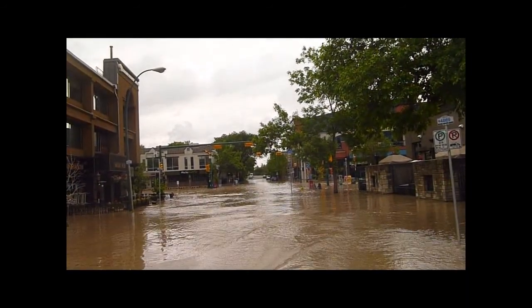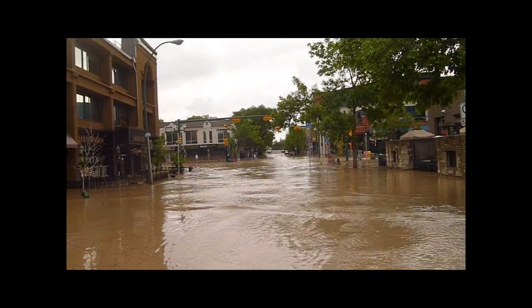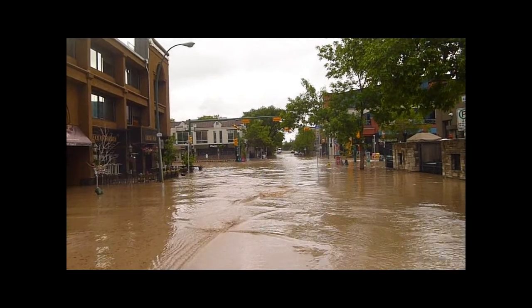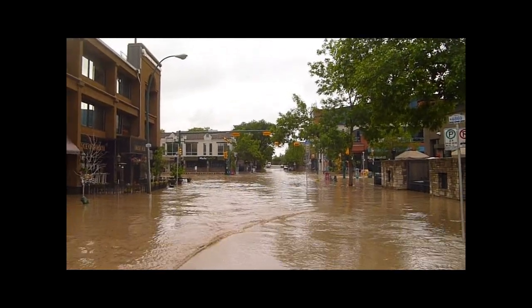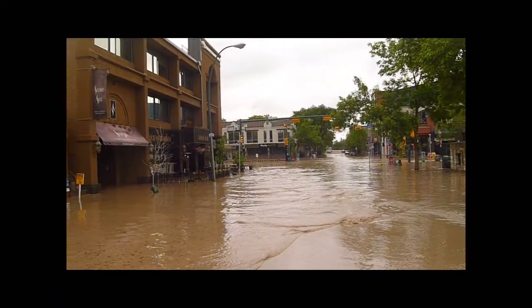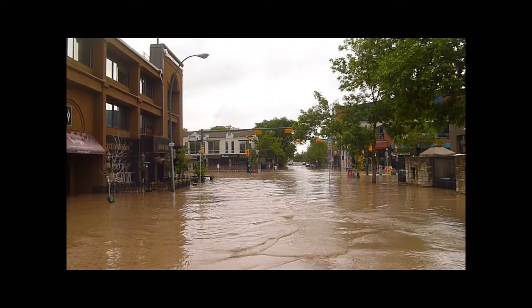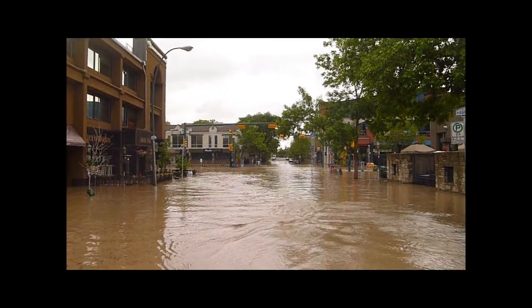Does this go all the way downtown? We live on 15th and 2nd, and there's nothing there. But once you kind of work your way south a little bit, that's when it gets bad. So there's a dry patch straight ahead, as you can see, but over that, of course, where the river is, it's all flooded back there. So there's the odd high spot that's safe, but the poor people that live in these basement suites or apartments, man, it's like...